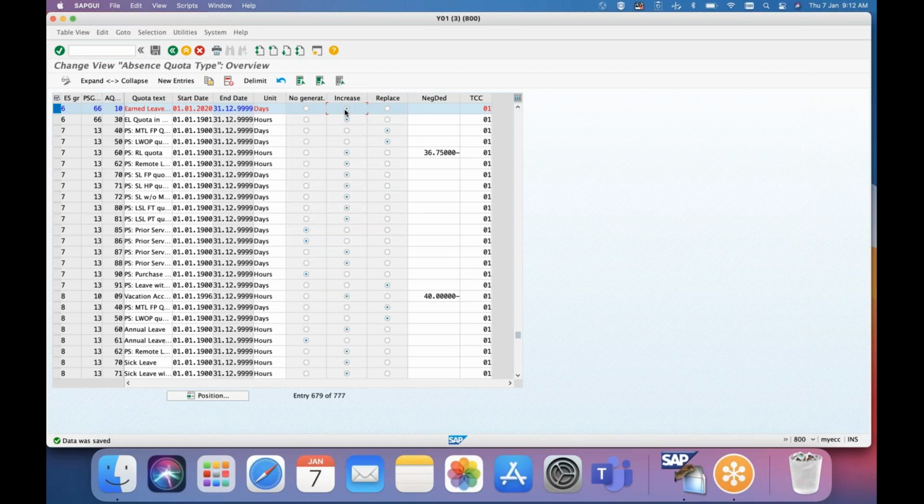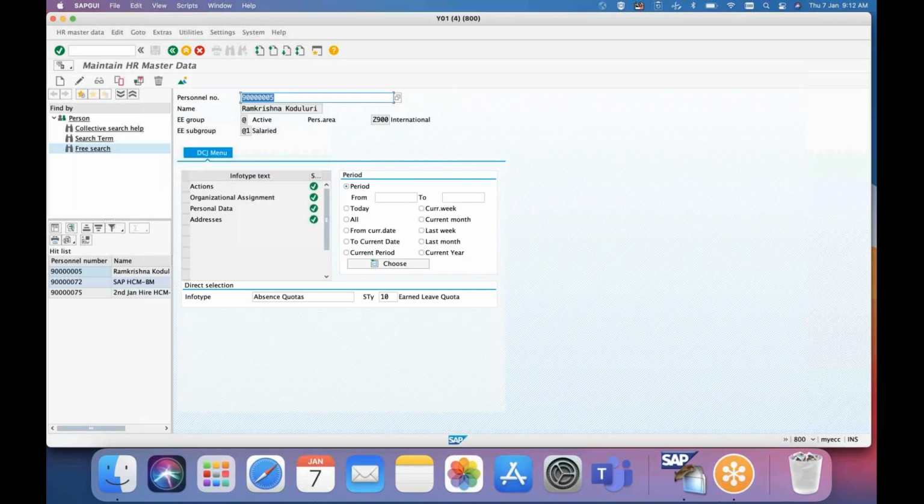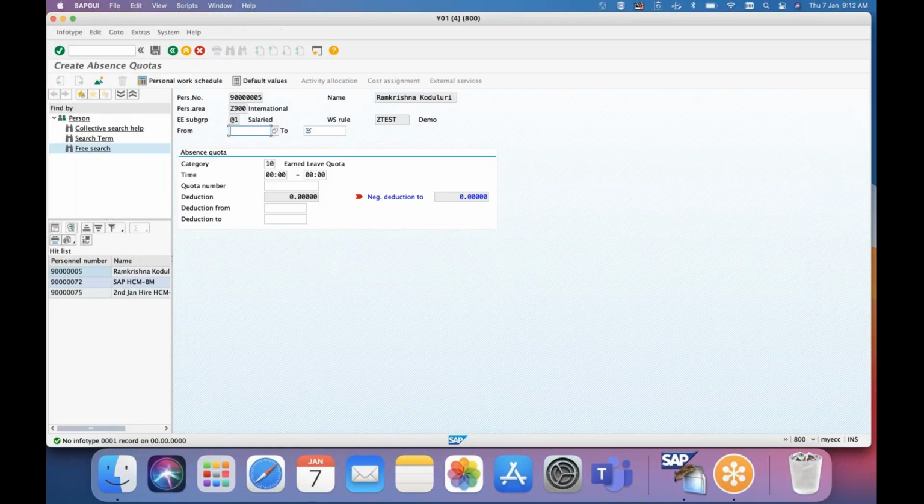Increase stands for activating time evaluation, so the quota is generated through time evaluation. Let us see the difference when you say increase.